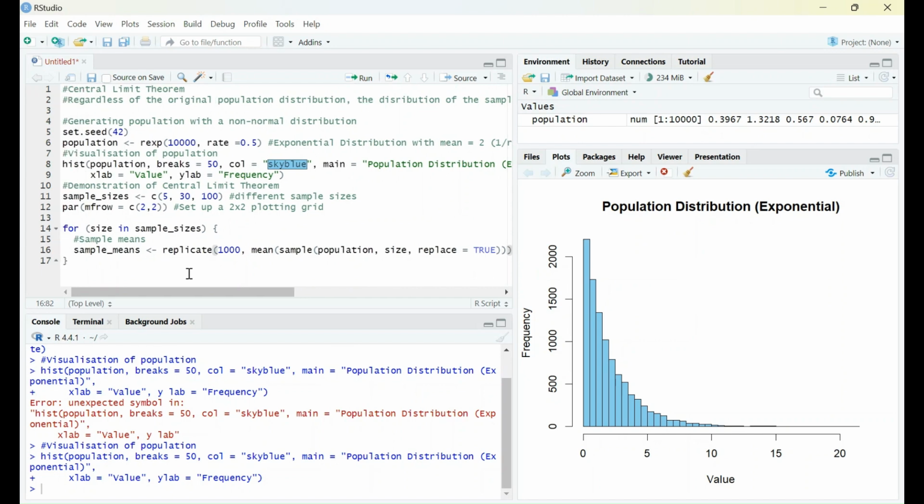So what this does is it replicates for a sample size of 5. It creates 1000 sets of sample sizes of 5. Similarly, for a sample size of 30, it creates 1000 sets of sample sizes of 30, and similarly 1000 sets of sample size of 100 from the population that we generated,